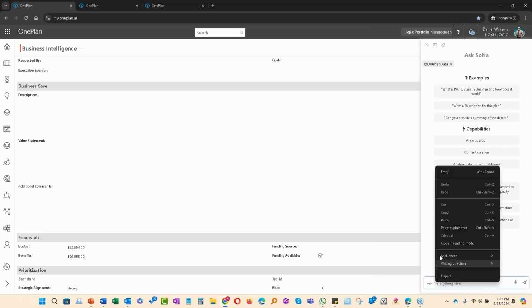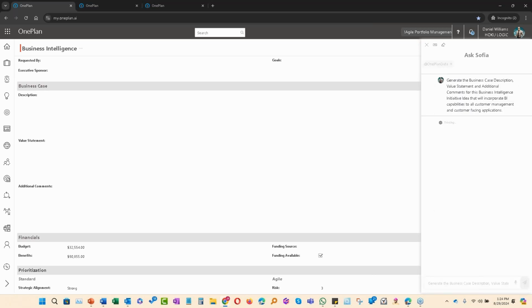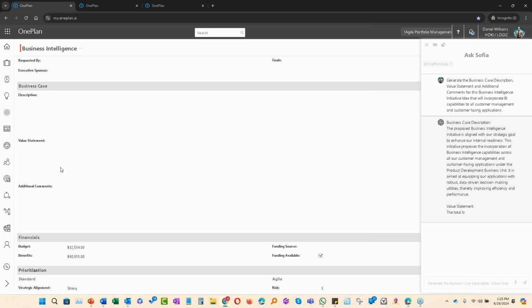I will go in and just put a prompt, and if it takes too long, I'll have to move on. But just to give you a quick demo of what would happen here, I'm asked actually for the business case description, value statement, additional comments for the business intelligence initiative, and I did add additional information. It's incorporating BI and all customer management and customer facing applications. If you've used Gen AI previously, we will get a narrative that then I can copy and paste into an edit as part of my